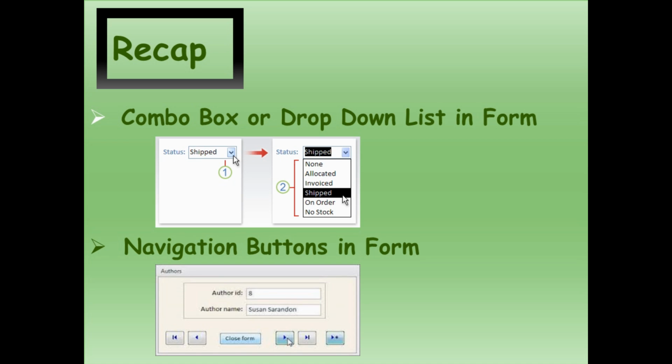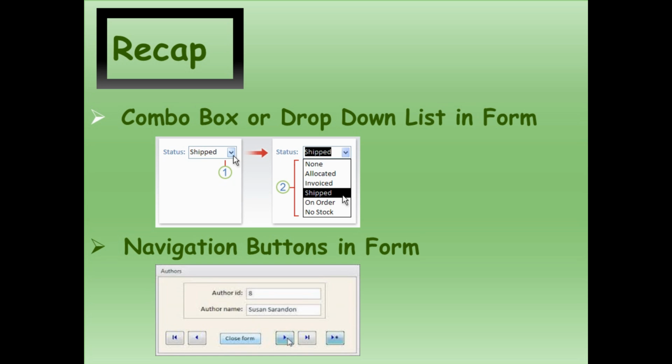In the last tutorial we discussed combo box or drop down list in a form and navigation buttons. These are two features of a form which make it easy for the user to use the form, make some entries to the form, or make it easy to read and understand the form.